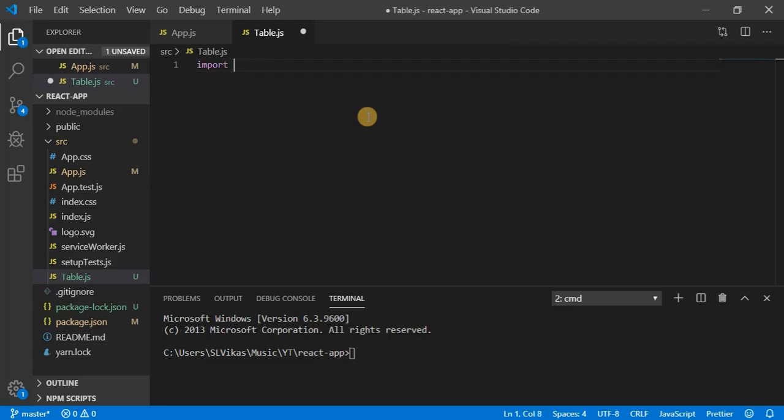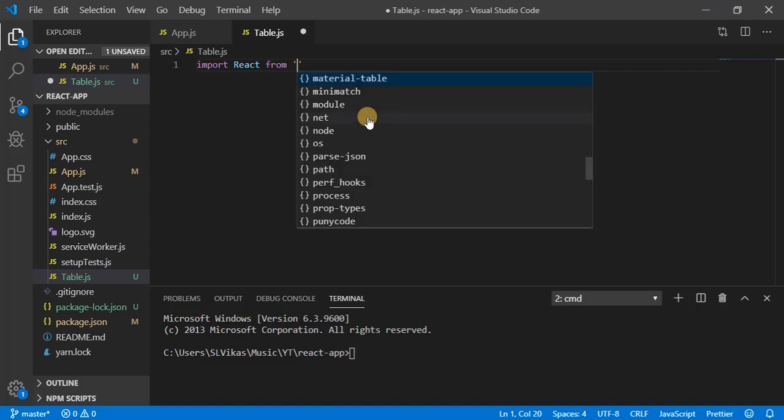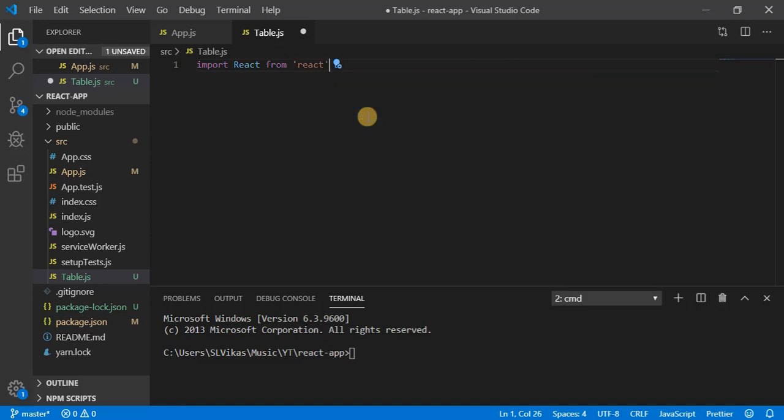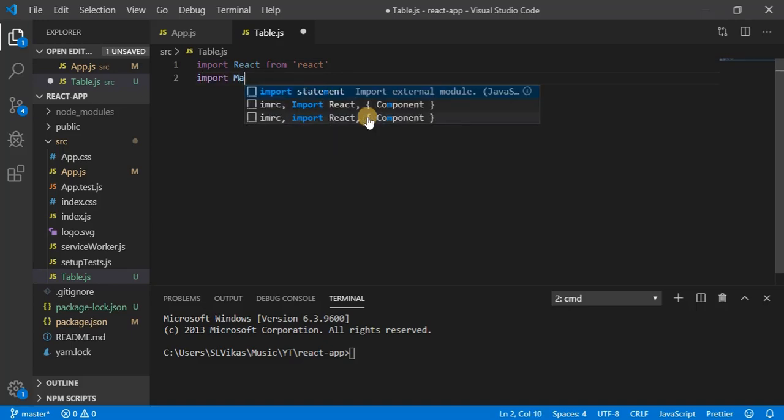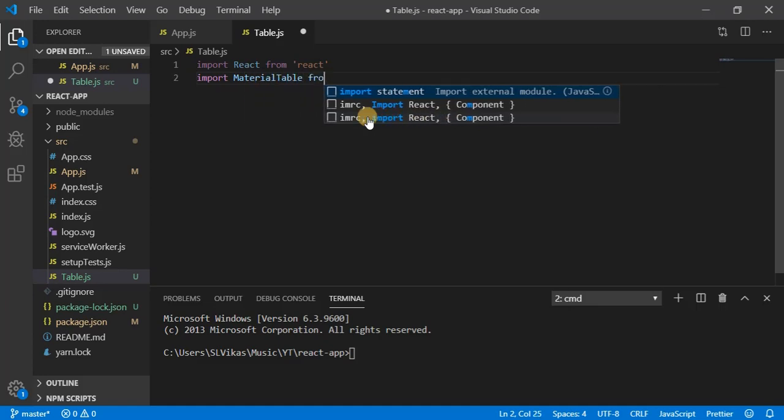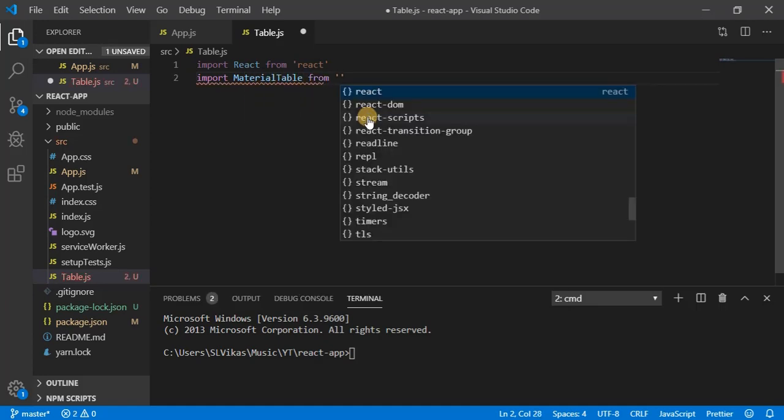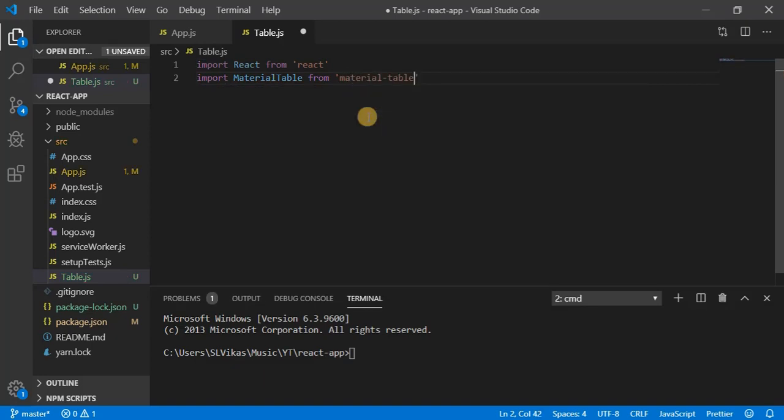Let me import React from React. Okay, next thing, I have to import material table from material table.